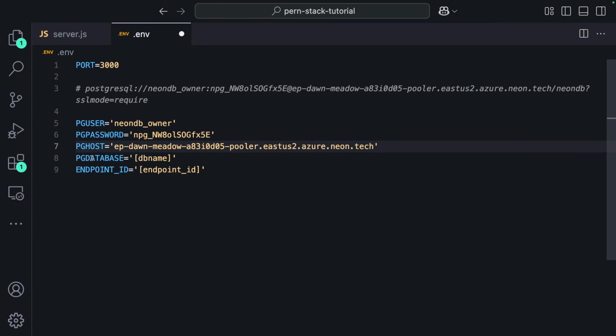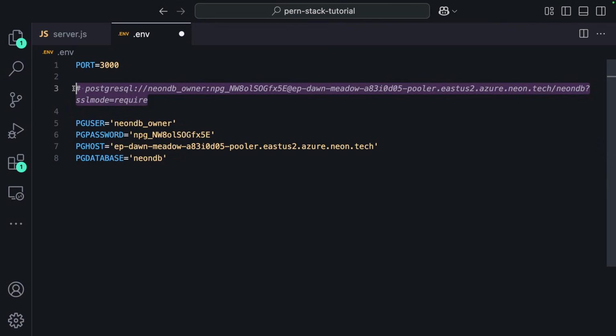And then the database name. So it should be this one, neondb. If you really want to, you can change it, but I'll just leave the default one. And I think we don't really need the endpoint ID. I'll just delete that. Okay. So this is our connection string that we have just extracted a couple of different fields from so that we can